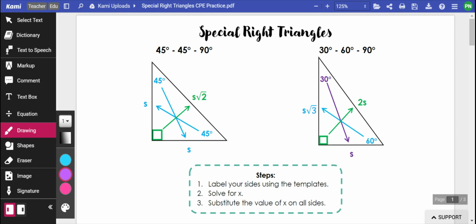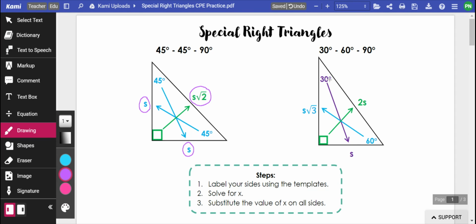The first one is a 45, 45, 90 triangle. This is an isosceles right triangle, and you can see that by having two congruent sides, they're going to be both the same value. And then our hypotenuse is going to be whatever the leg was times the square root of 2. In our 30, 60, 90 triangle, the shortest side is going to be across from the smallest angle,